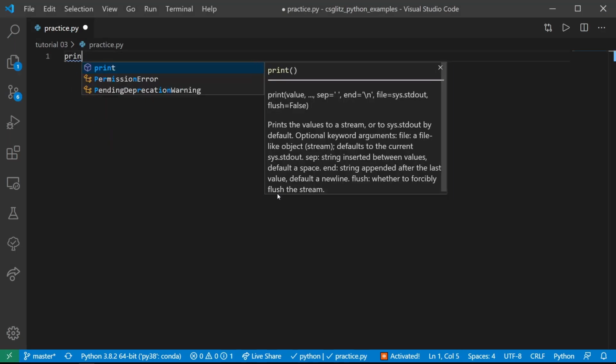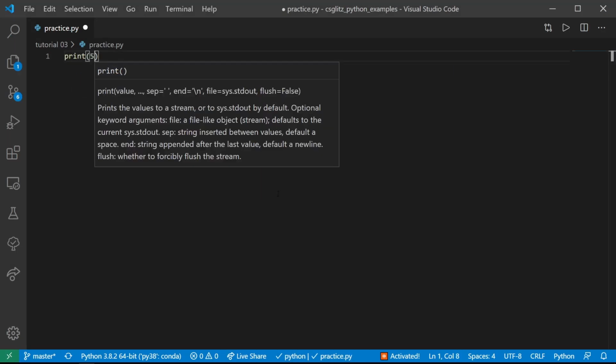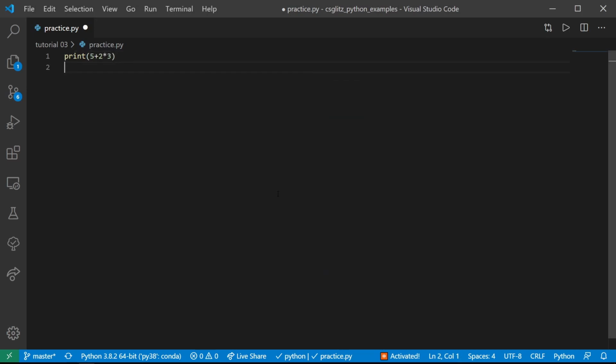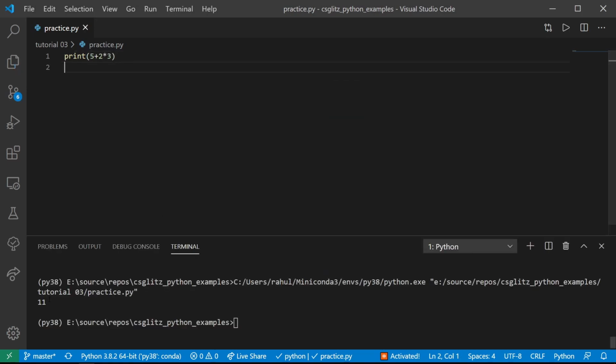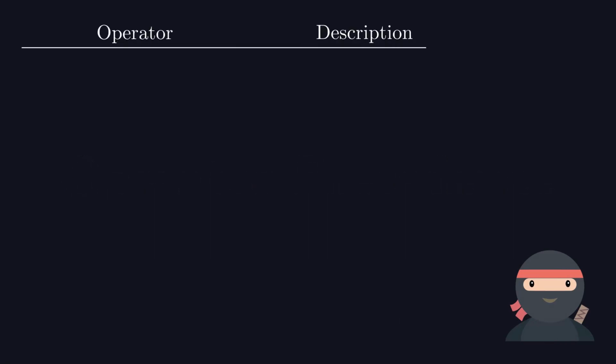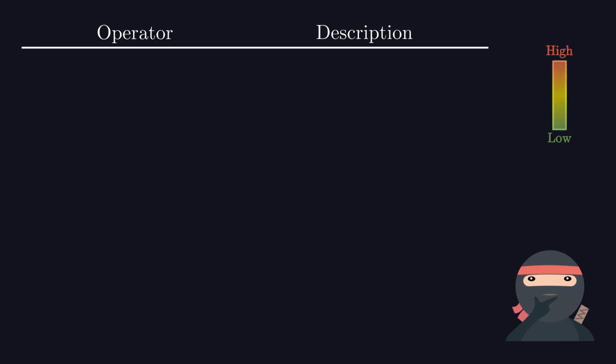Let's move on to the evaluation of expressions. Python will evaluate 2 multiplied by 3 first and then add 5 to it. This is because multiplication has a higher precedence than addition. The precedence of an operator will decide which will be evaluated before others. In the decreasing order of priority, they are